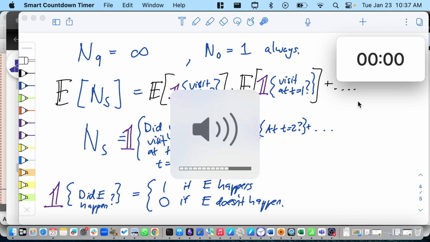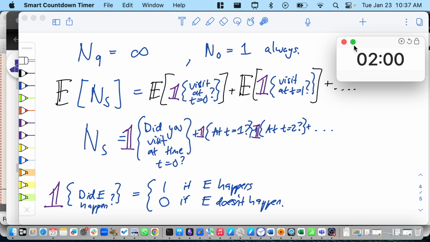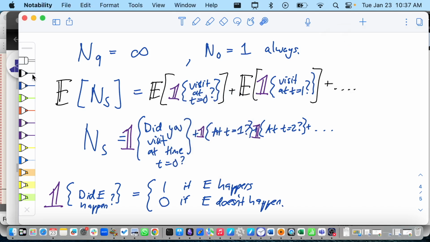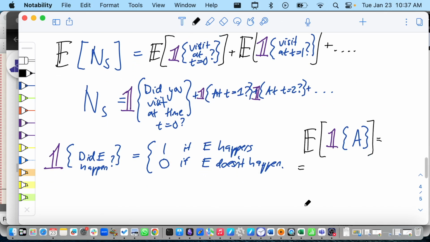Okay, so let's reconvene. The first thing you have to figure out to simplify this is that the expected value of an indicator function is something quite nice. So you have the indicator function of some event. I called it E for event, but maybe E is confusing because E sometimes means expected value. Let's call it the event A. If the event A happens, it's 1, and if it doesn't, it's 0. What is the expected value of the indicator of the event A? Does anyone know? Yeah. The probability of A. Yes, that's the probability of the event A.